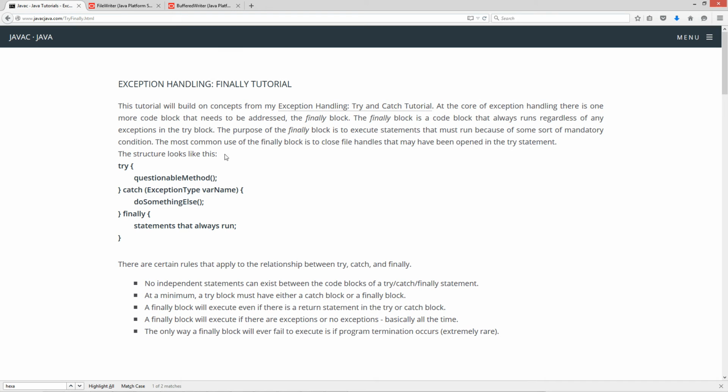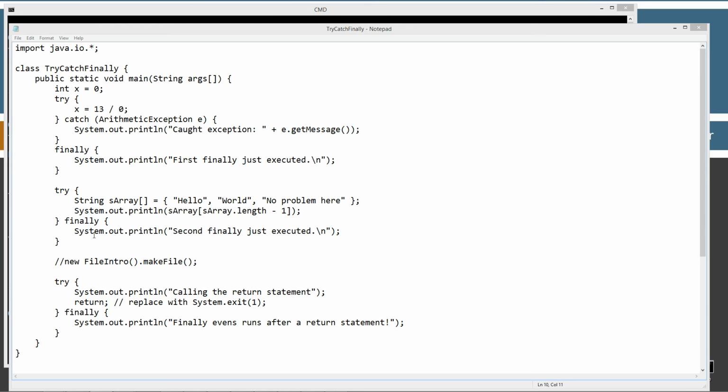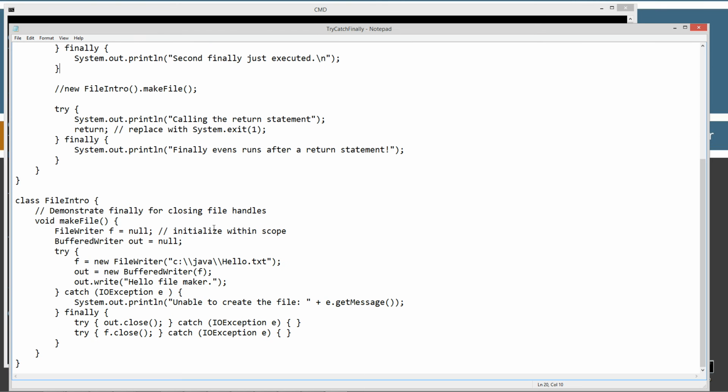Okay, so one of the things I said is that one of the most common uses for finally is to close file handles. It may have been opened in the try statement there. Very, very common. As a matter of fact, it's so common they've got something called try with resources that I'll go into in a couple of tutorials here. So I am going to